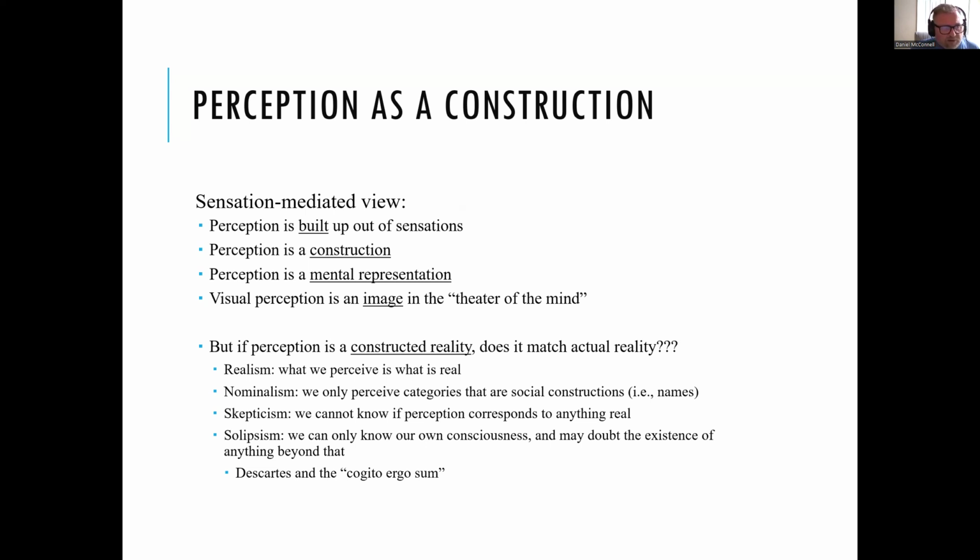So now we build up from these sensations an interpretation of reality, a construction. And then we become aware of this idea in the mind, right? We can see things, and then we can even call these images back to mind. The screen has already changed, but you can remember the photograph of the tree, perhaps. So you can call up that picture in your mind, and you can visualize the picture of the tree in your mind's eye. That is, unless you have aphantasia, which is a whole other thing